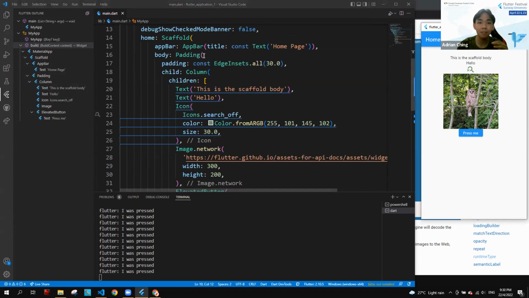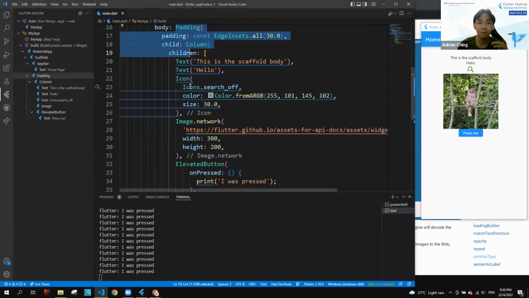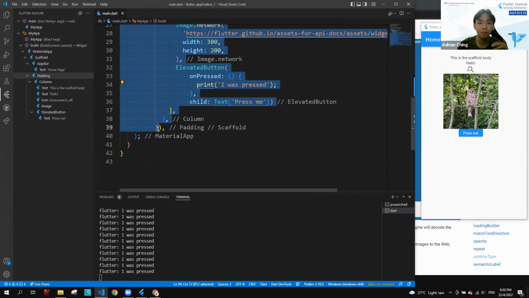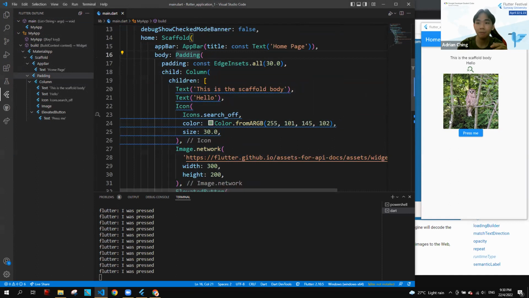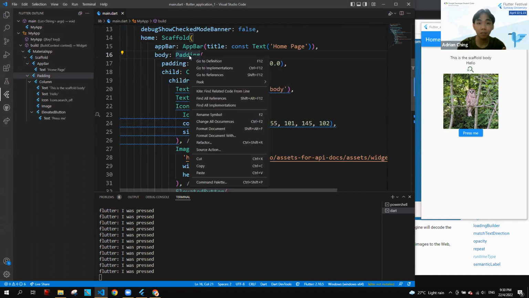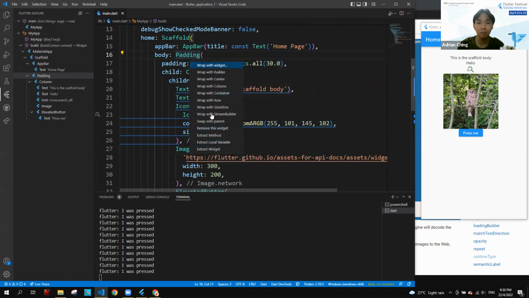Just go over to where the body starts, which is this whole thing over here, the whole thing starting from the Padding. This is everything in here. So you click on the Padding, right click, refactor, and then we're going to extract it into its own widget.